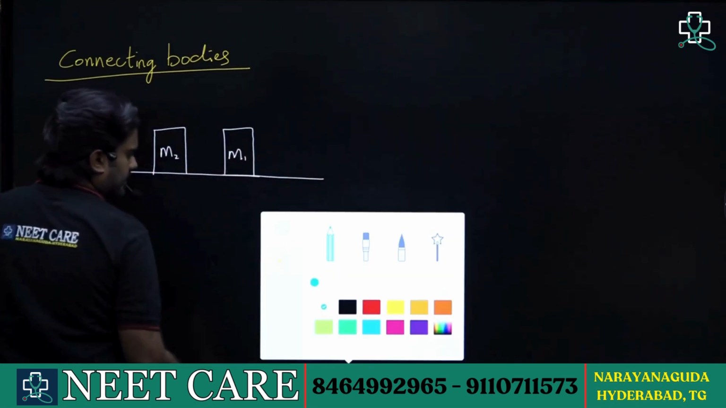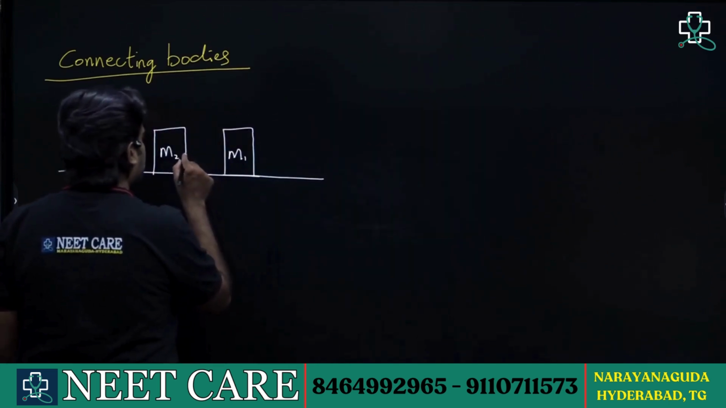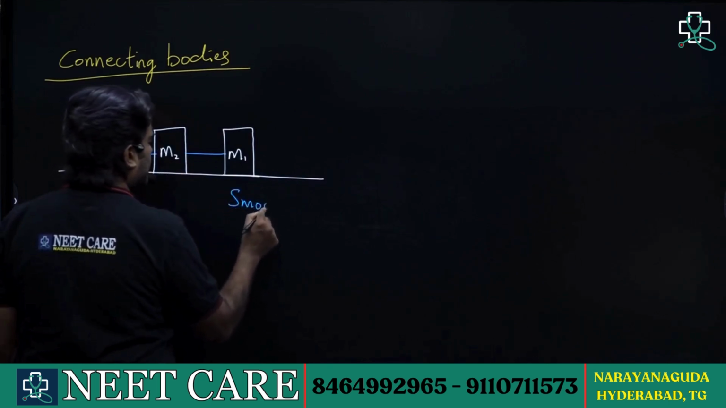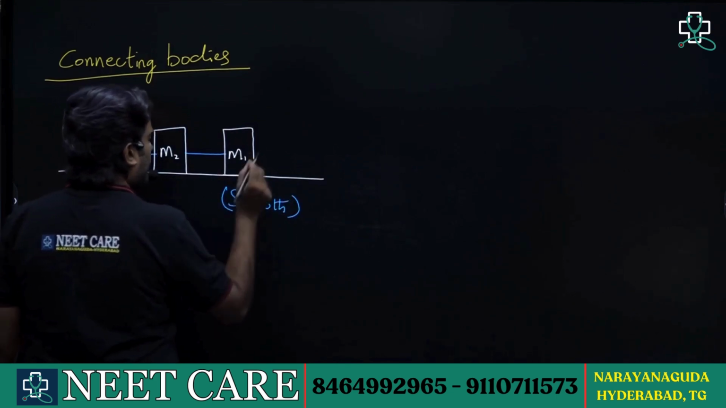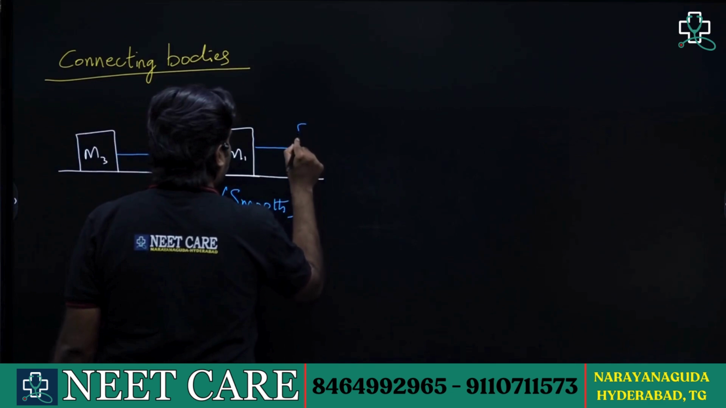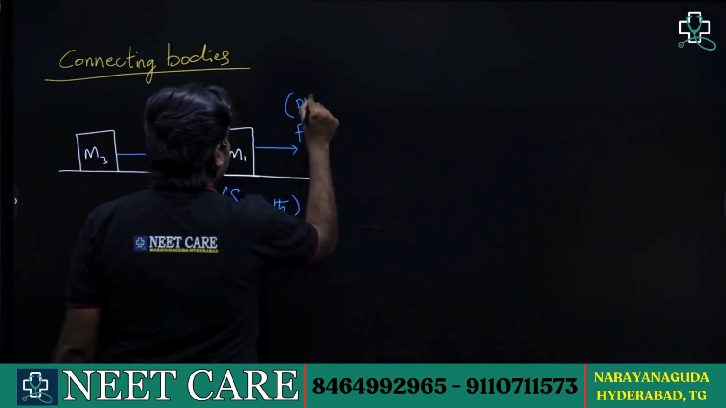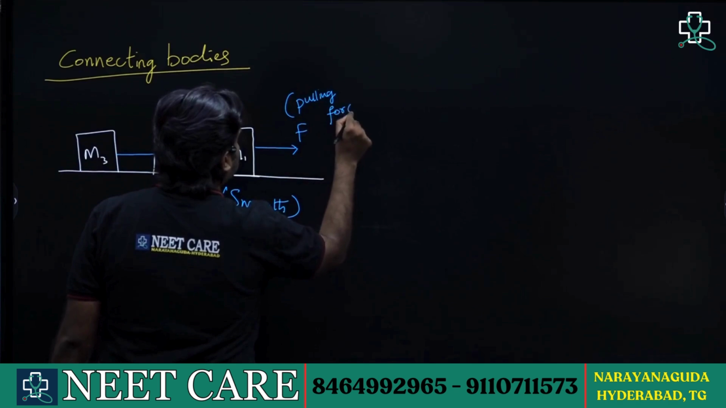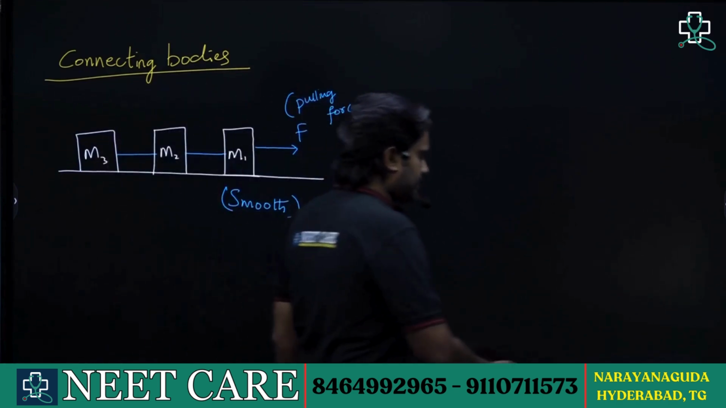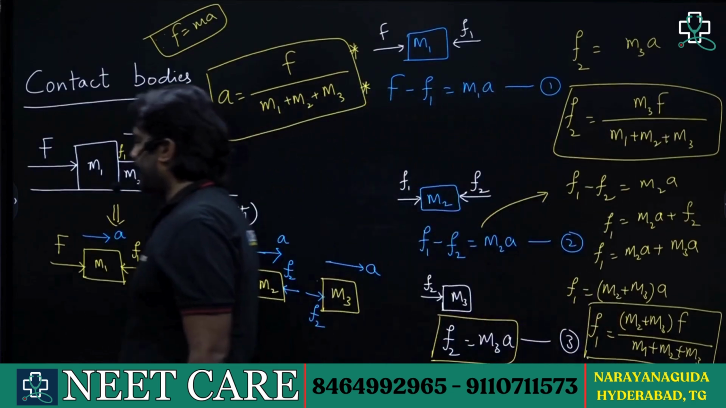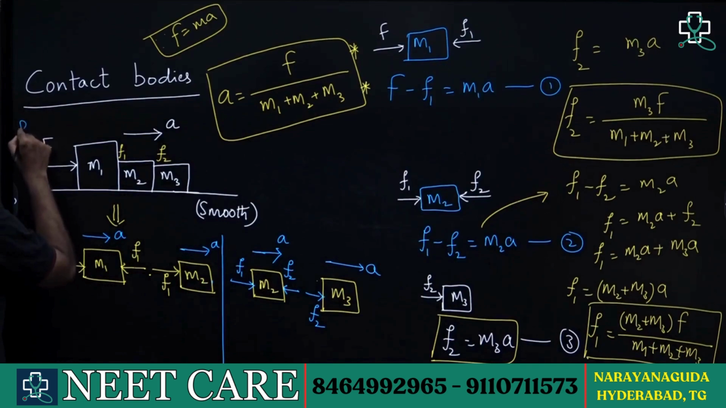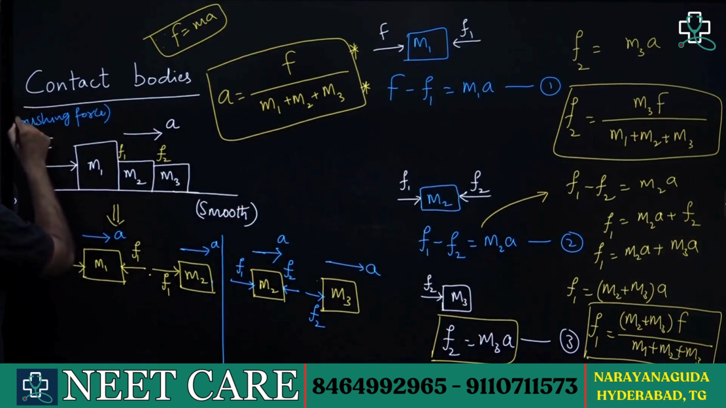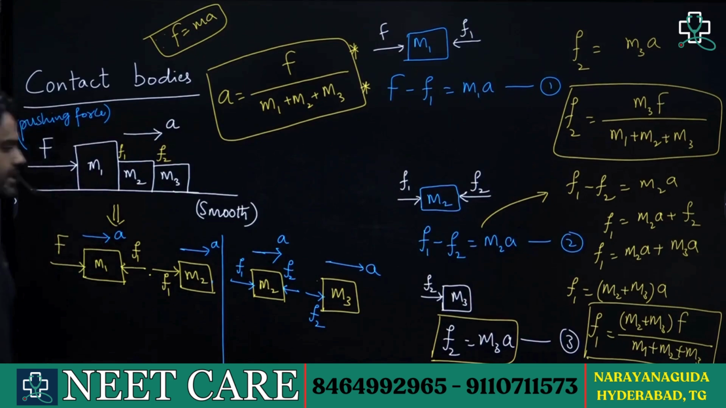And let's consider these were connected with the help of two strings. This is one string and this is another string, and the nature of the surface is smooth. Now let's consider here the pulling force F is applied. In the previous case, the same F is pushing and this is pulling force. In the previous discussion, the nature of this force on M1 is pushing, same magnitude, no change at all. This is pushing force, right? But in the present case,